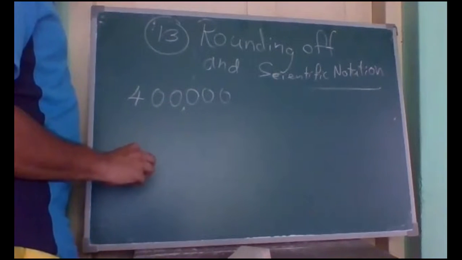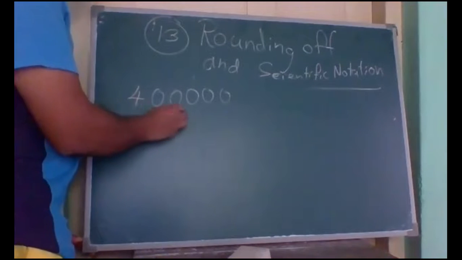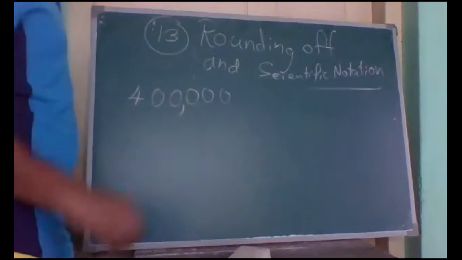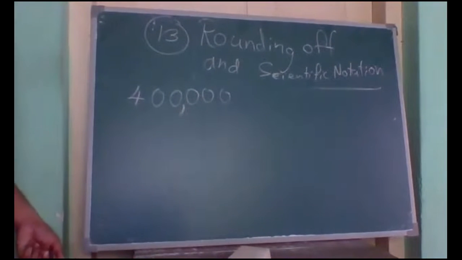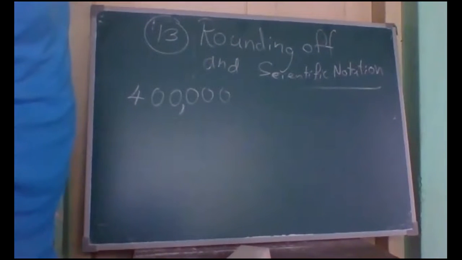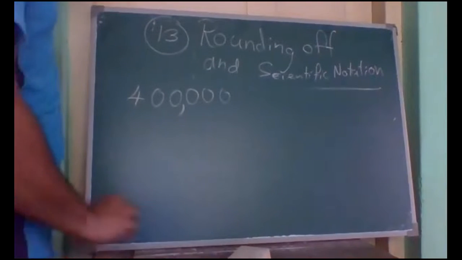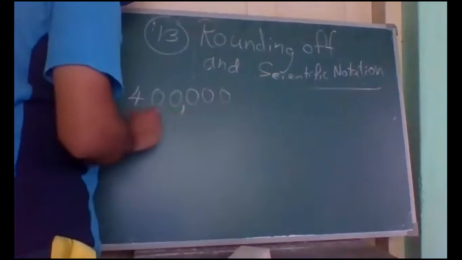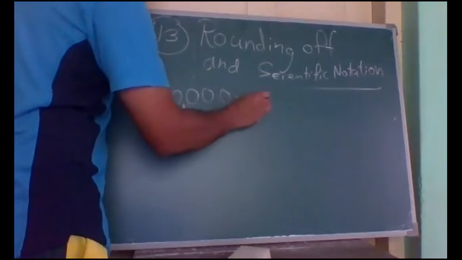400,000. Huh? 400,000. Don't forget the grade 6, 7 lessons, right? Keep that on your mind. 400,000. Okay, so that means